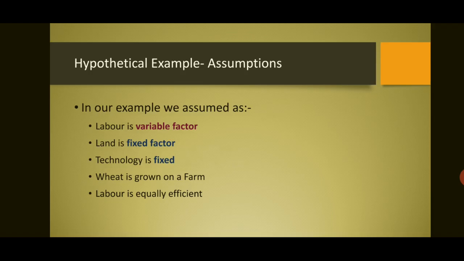So in our example, there are certain assumptions like labor is variable, we are going to increase labor. Then land is fixed. Then we have assumed that technology is also fixed. Then we have assumed that wheat is grown on the farm and labor is equally efficient. If we are going to increase the number of laborers, we assume that all laborers are equally efficient. Okay,